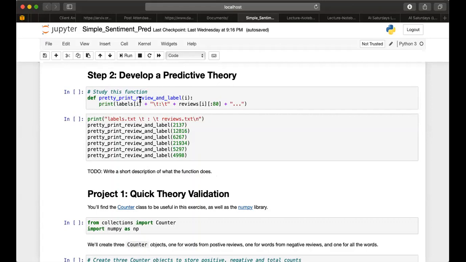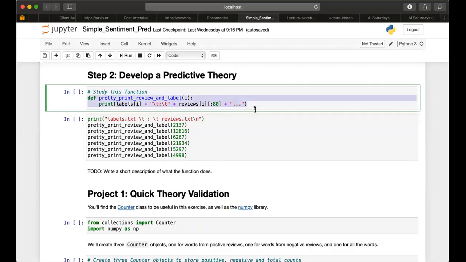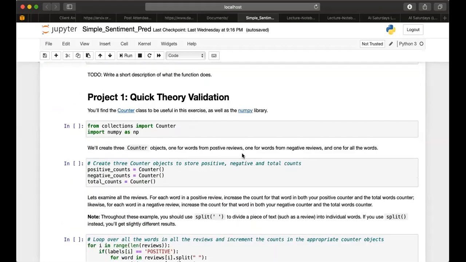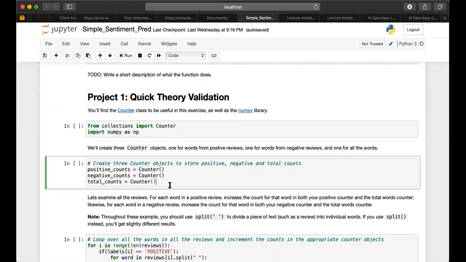It doesn't need to be much, just a very simple description of what this particular function is doing, so that you understand what you're doing, right? Now we are going to be doing some operations. At this point, we did some operations that are similar to what you would have learned in the IX class, right?